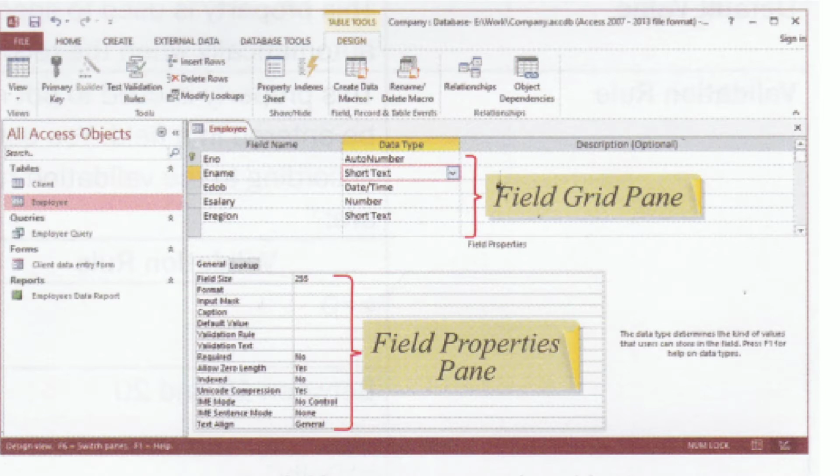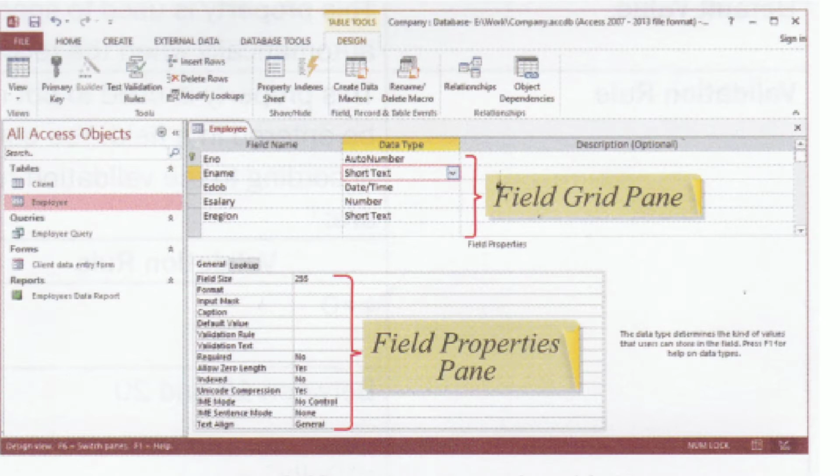The second part is the field properties pane. You can also see on the screen, this field properties pane defines the properties of the field in the table. I have already described the different properties that can be set at the time of creating a table in Microsoft Access.